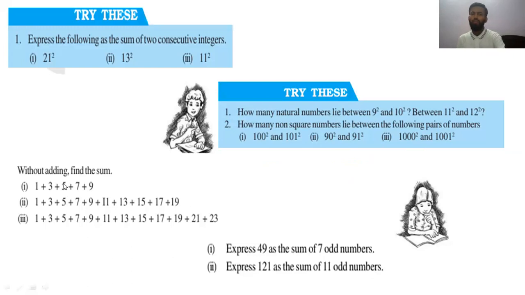ये क्वेश्चन हम पहले कर चुके थे, सबका सम निकालना। लास्ट क्वेश्चन जो कि इस वाले पे ही बेस्ड है, ये कह रहा है express 49 as the sum of 7 odd numbers and similarly express 121 as the sum of 11 odd numbers। ये दोनों सिमिलर हैं, कैसे? अगर हम इसका आंसर दें, वन कैसे करते थे, प्रॉपर्टी क्या थी,